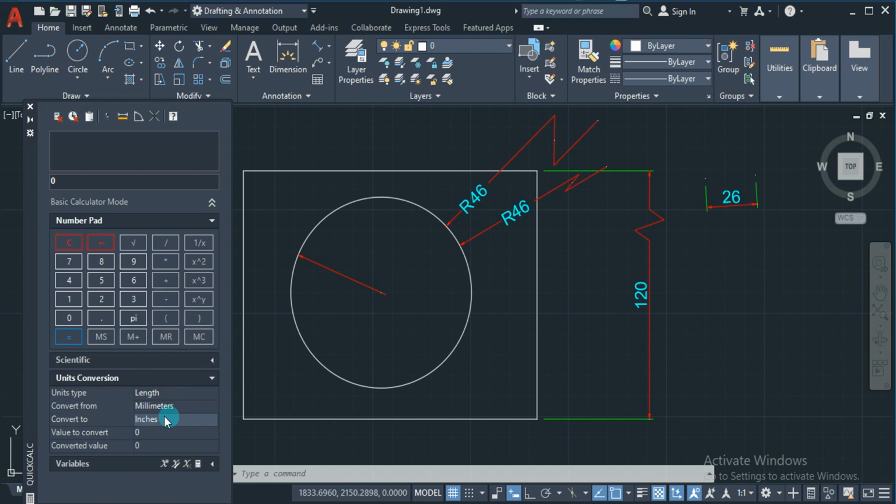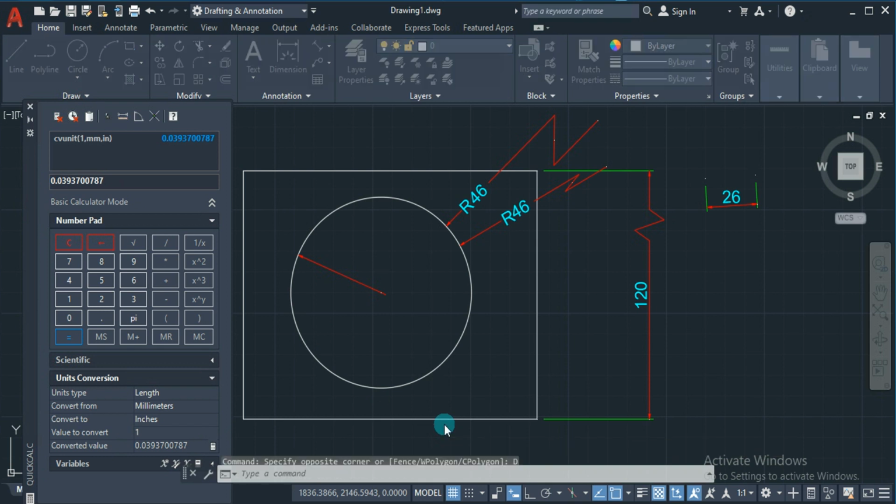Just remember, you have to convert into inches only. Just consider smaller units. So I want to convert 1 mm. 1 mm is equal to 0.0397 value over here. So simply you can click on this calculator symbol and it will be pasted here. So you can copy this. Okay, it will be represented here. Just Control C and let us go for D enter again.